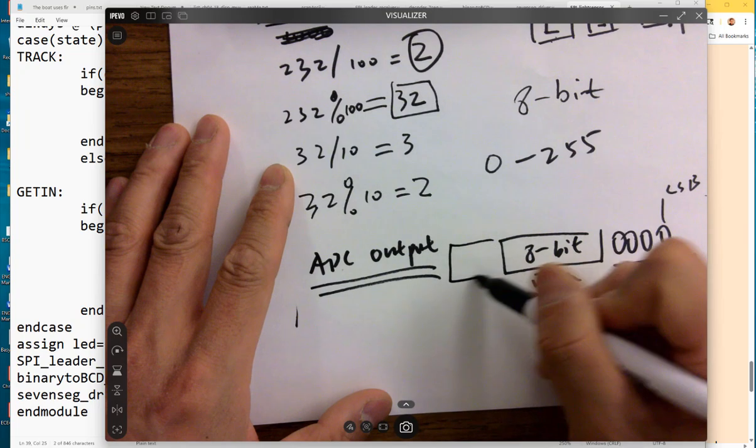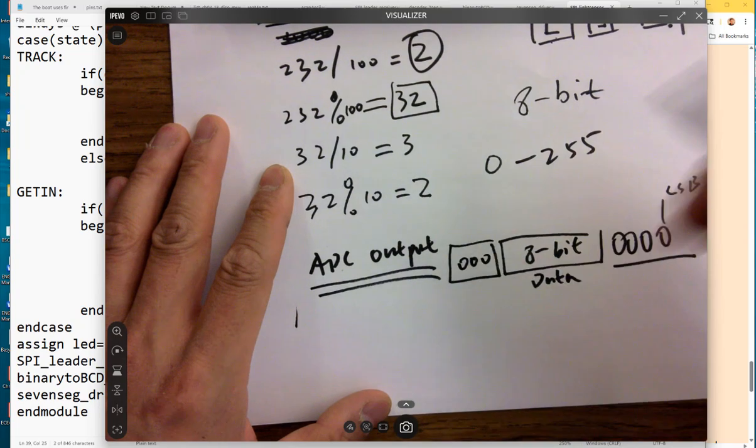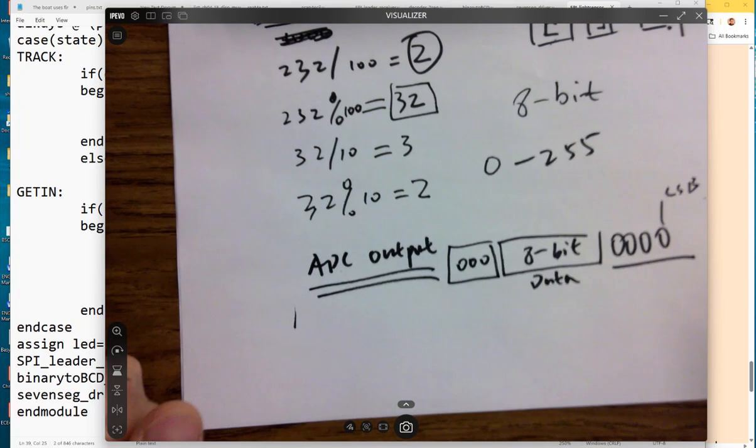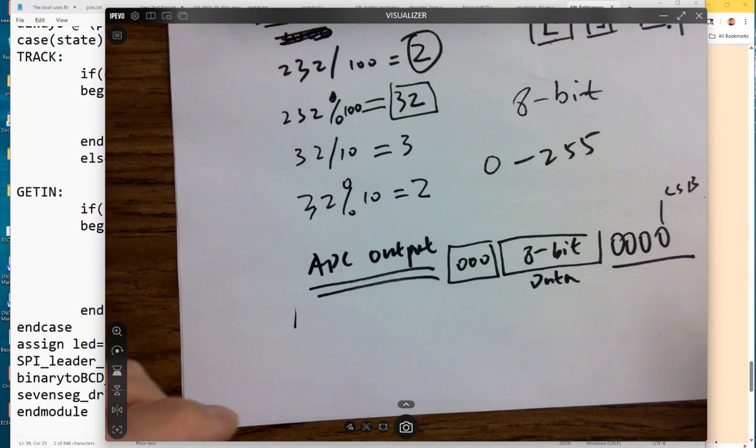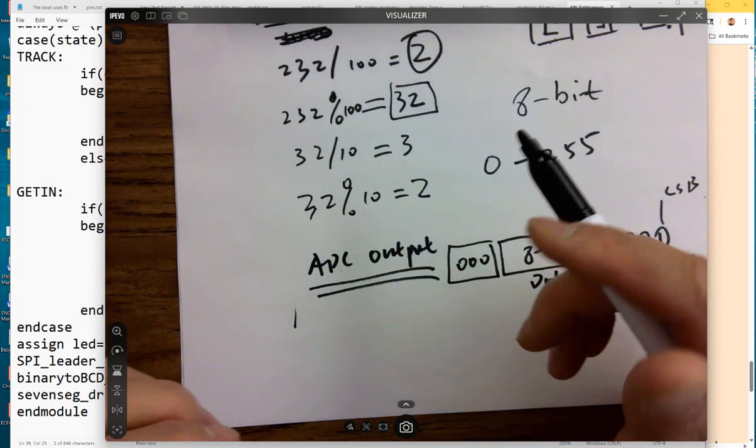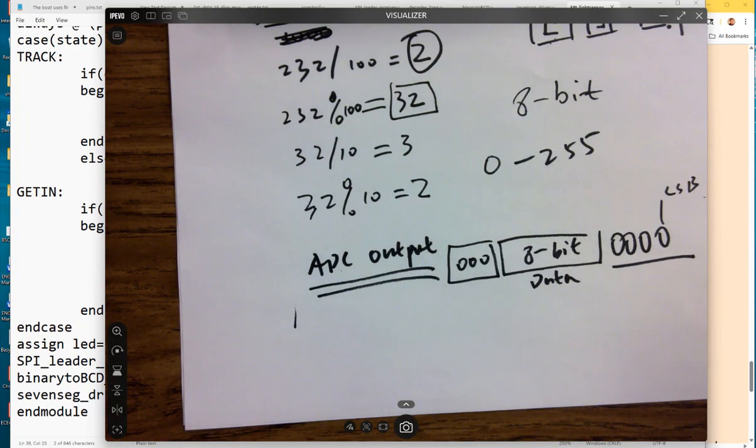And then there will be 3 leading zeros for some reason. And if something happens, I think they were talking about the timing of the SPI. If the chip enable happens before the clock for some reason, I don't know why, but there might be a reason that if the user accidentally makes that happen, which is